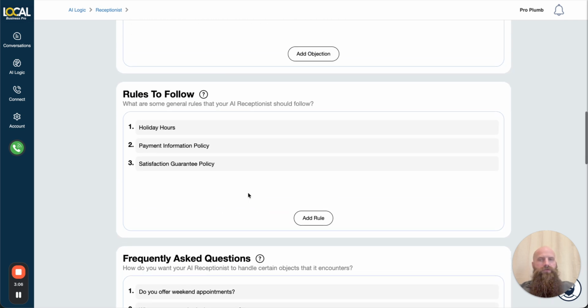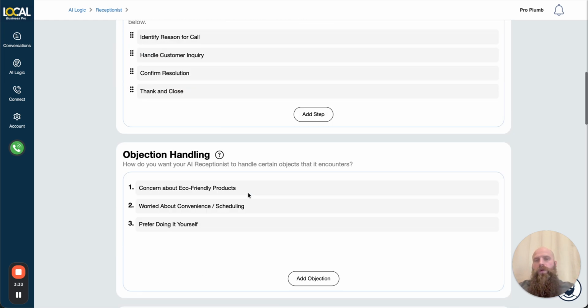So let's take a look at these rules to follow. If I were to go in here and add 50,000 rules to follow, or maybe even just 10 or 20, then the AI is not going to put as much emphasis or weight on those rules because there are so many rules, right? But if you have 3 or 4 rules to follow, then it's going to make sure to do those every time, because it's easier for it to remember. So when you're building this out,